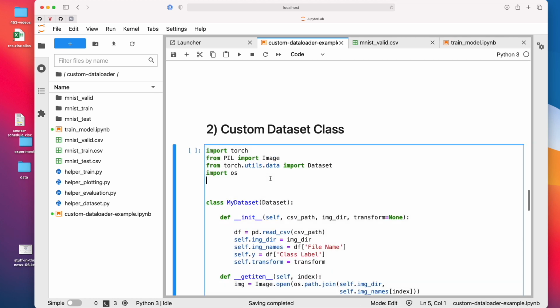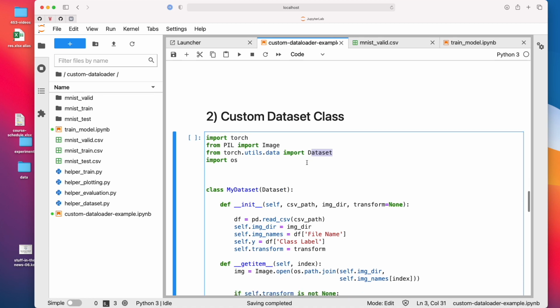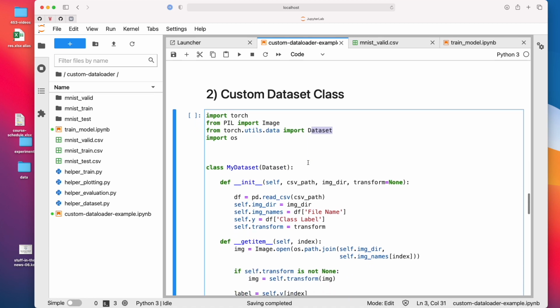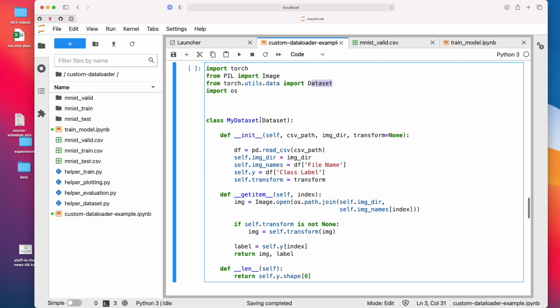All right, so here's our interesting part now. That's the dataset class in PyTorch, and so in order to use the data loader, we need a data set. So there are two parts. One is the data set and one is the data loader. So let's talk about the data set first, because that's what we need for making the data loader. So here the data set is really how we read the data. So this is something you have to set up yourself for a new data set. So here, this is from PyTorch, torch utils data.